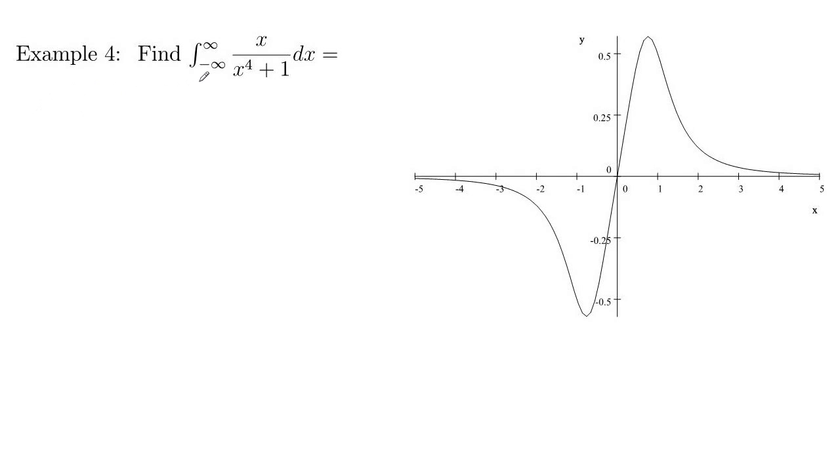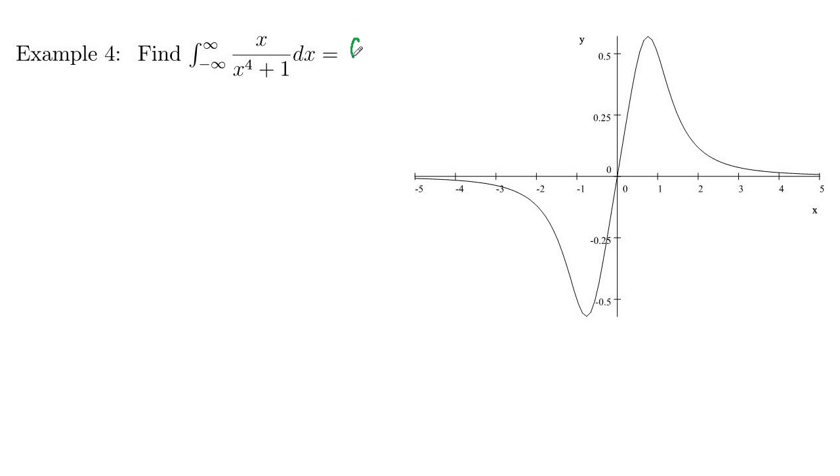In example 4, we have another type 1 improper integral, but here we've got problems at infinity on both ends. We're integrating negative infinity to infinity x over x to the fourth plus 1 dx. So here's the graph of x over x to the fourth plus 1. And when you've got improper on both ends, what you do is you break that